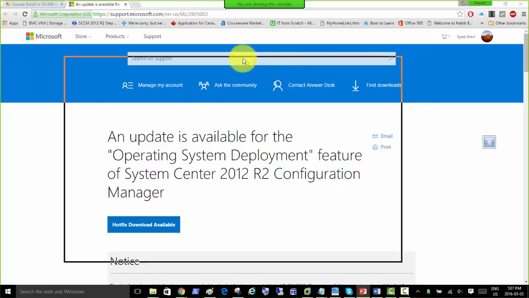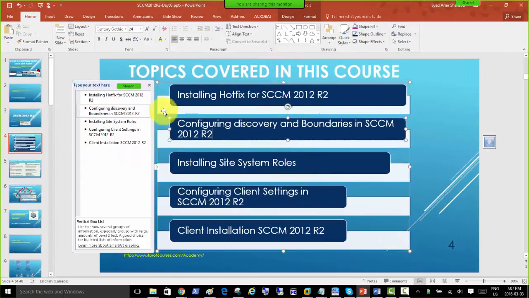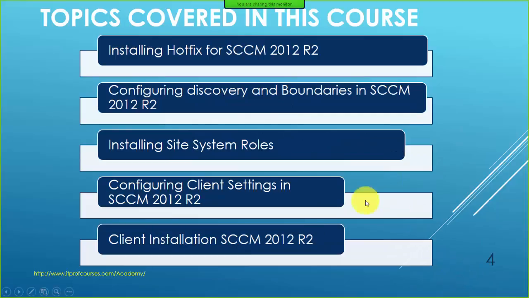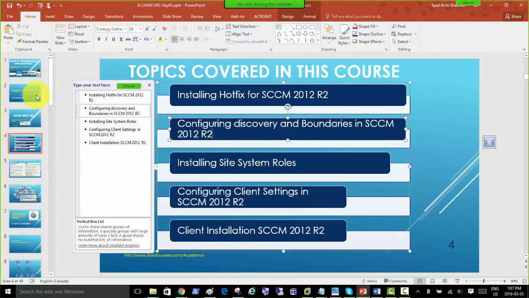So what we're trying to do here is a hotfix configuration, then installation and configuration, then discovery and boundaries. What is this? We're going to try to know that. Installing site system roles, what are those, then client settings, and then client installation. I hope we reach the client installation, but I'm just going to go back to where the hotfixes link was